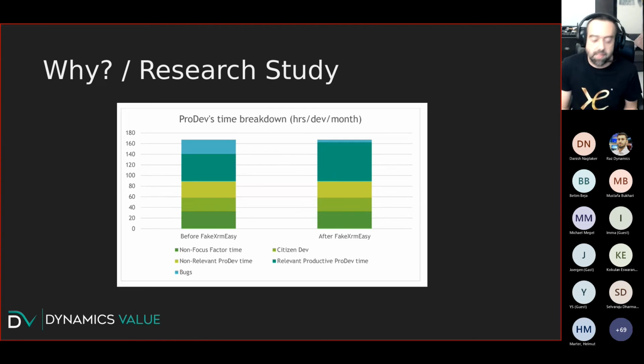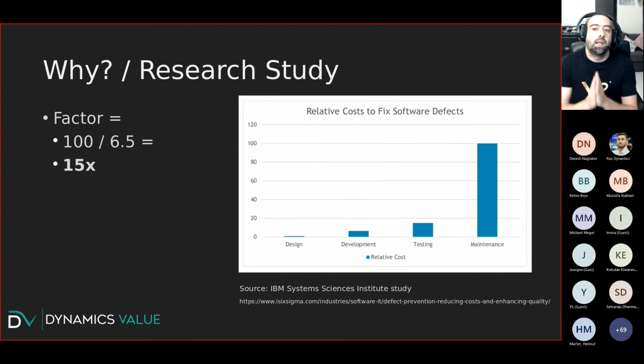But this is basically the approach we did. And that 191% came mainly from this study. I don't know if you have seen this study before, but this is a study from the IBM System Science Institute, that basically